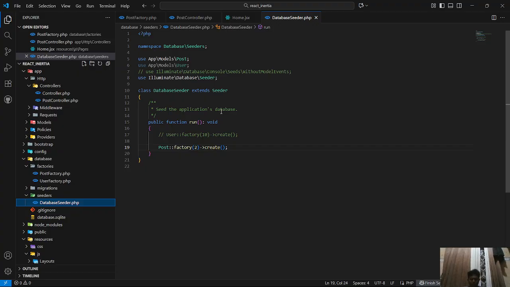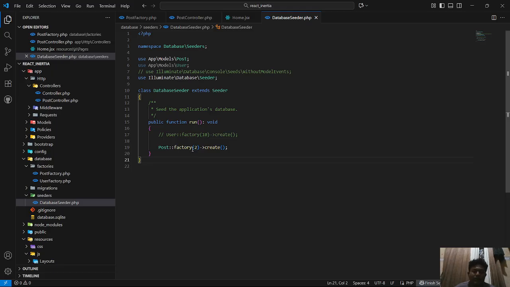Now in the seeder file, you just add this part, posts, because we want to add dummy data in the table post. You add the name of the model, Post.